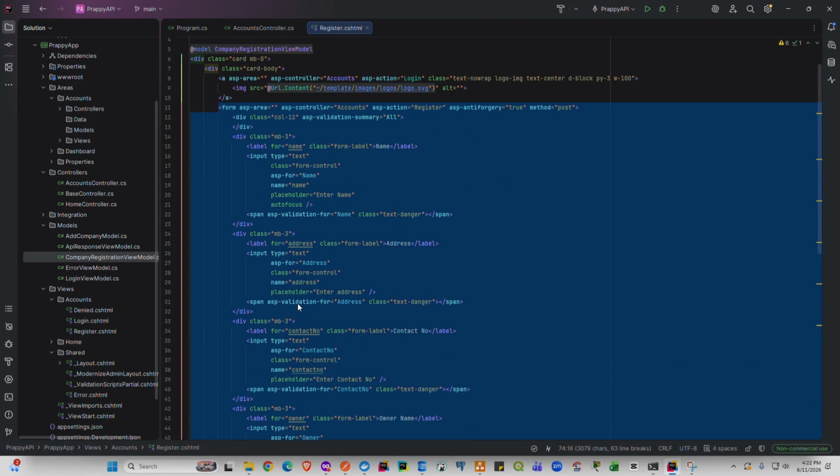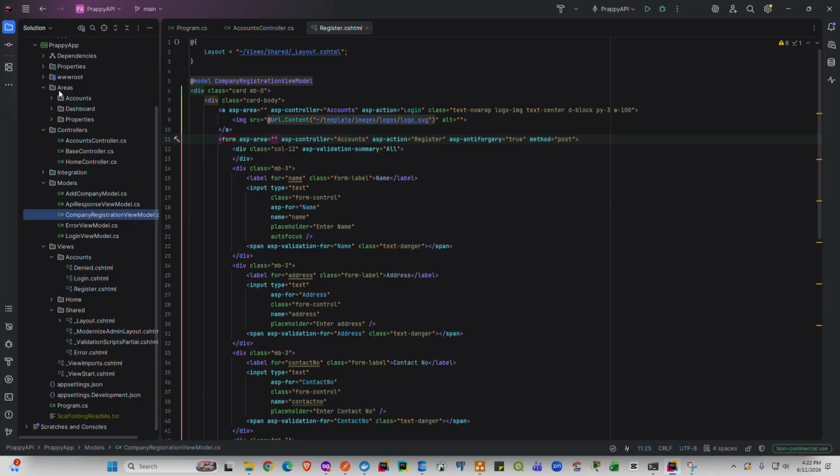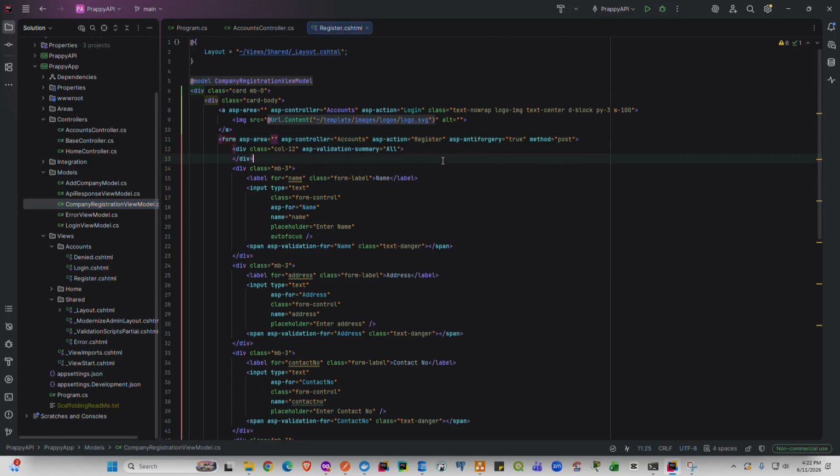The form area is blank because we are using the accounts in the root instead of the accounts in the area, which we will be discussing in the following videos. Okay, so going back to the controller, we have the accounts,